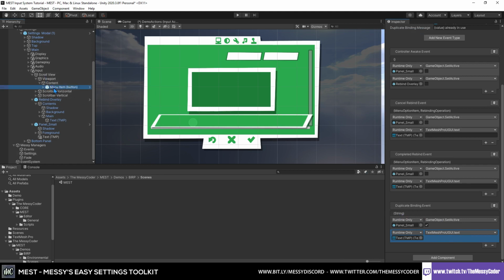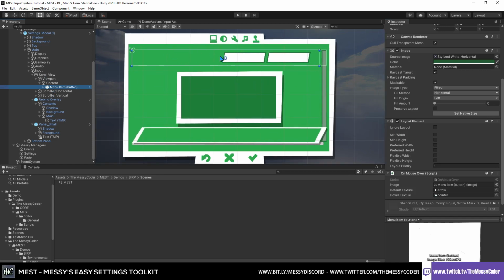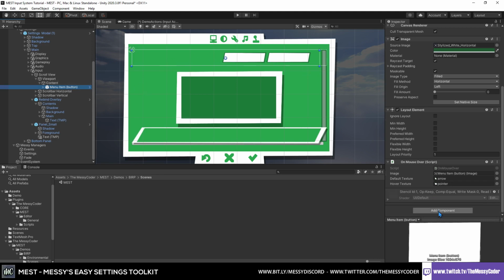So now we want to actually see the menu, don't we? So I've made this sample here, and I've got two buttons in the sample, so we can have the main one and the alt one. So down here on